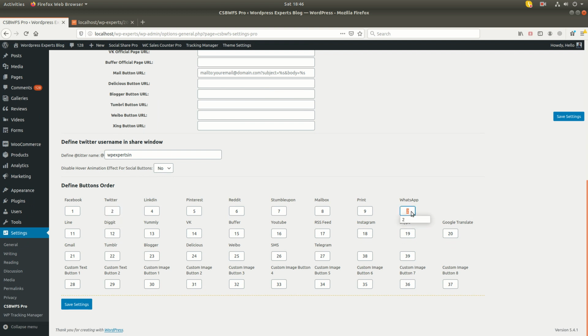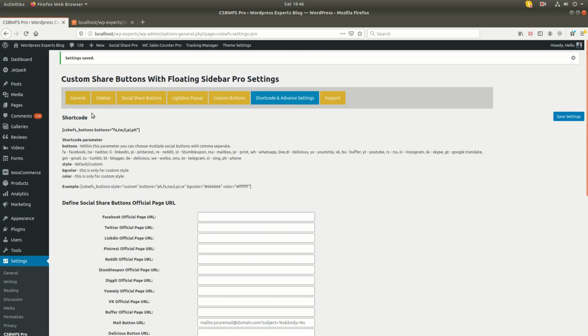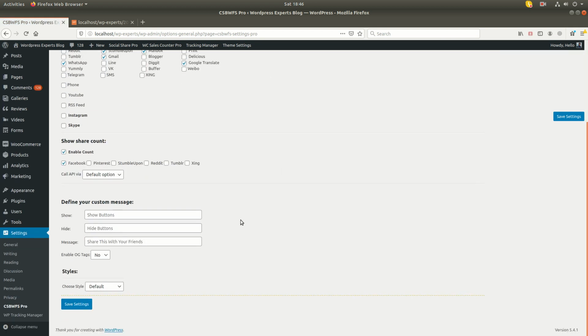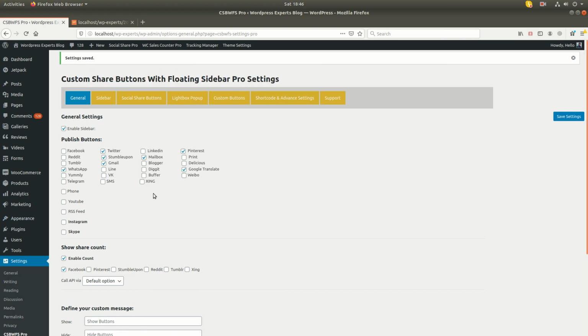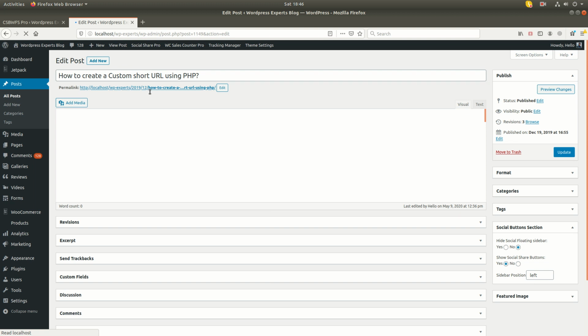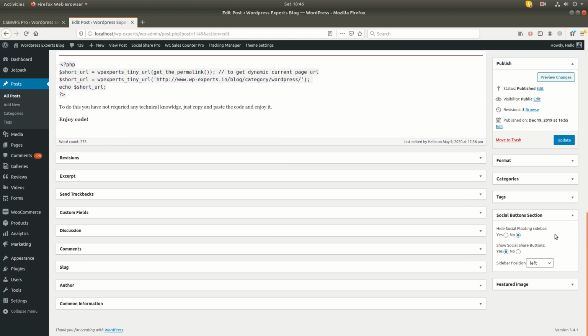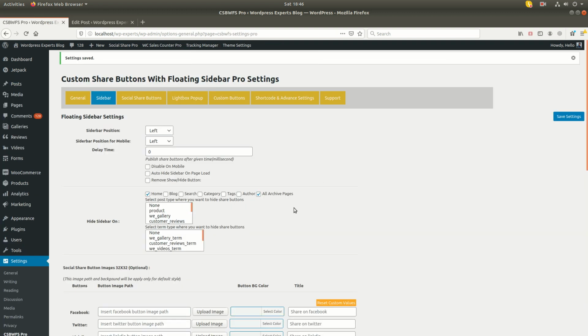So I have covered all the features in our add-on, and I hope you like these features. Especially the page specific setting, we have explained these features. This is a very useful feature. And we have given the OG meta tag option as well, so you can use this setting.